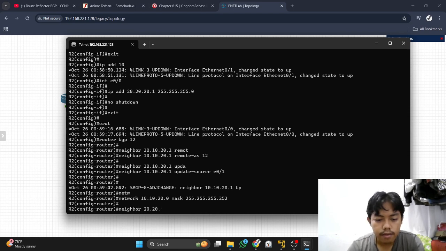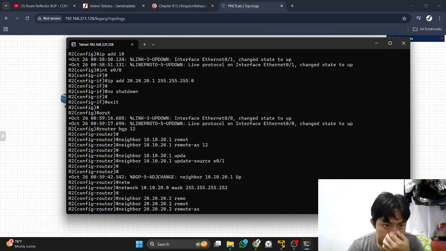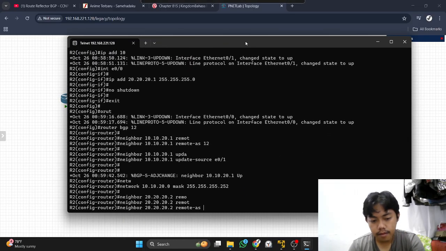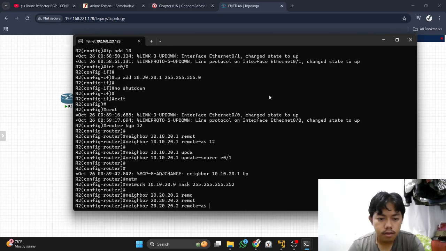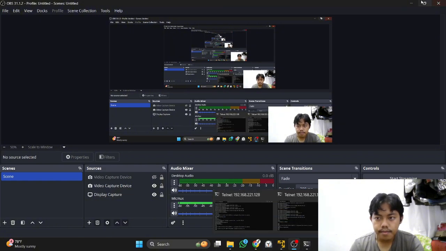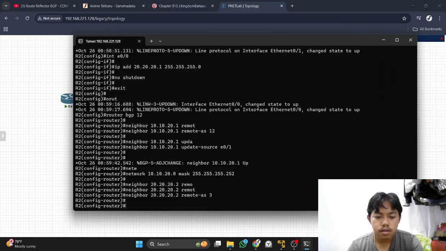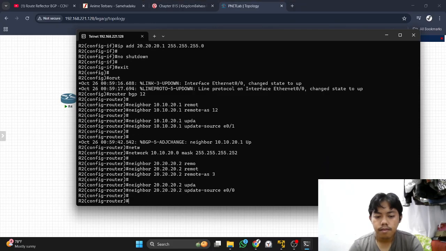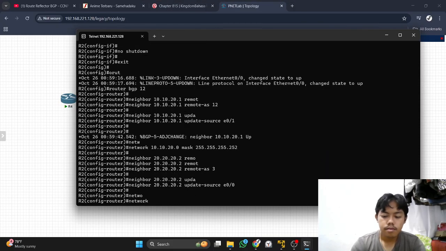Neighbor is 12.12.12.2. Remote-as is 3, and update source, and the network.